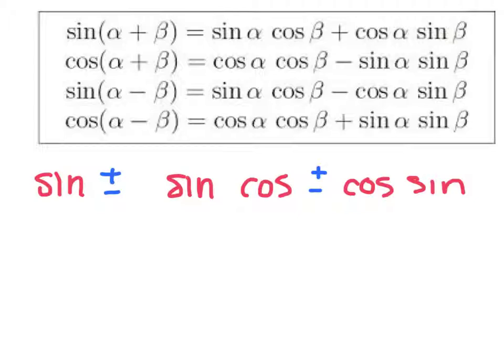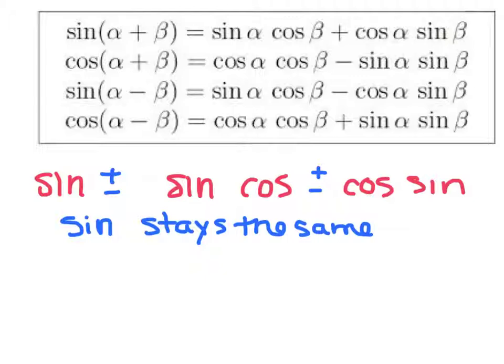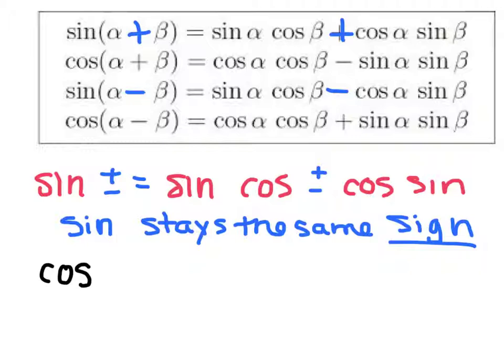So sine is always sine, cosine, cosine, sine. And I remember that sine stays the same sign. When sine is added, I have a plus here, and when sine is subtracted, I've got a minus here. So then, if I have to do cosine of alpha plus or minus beta,